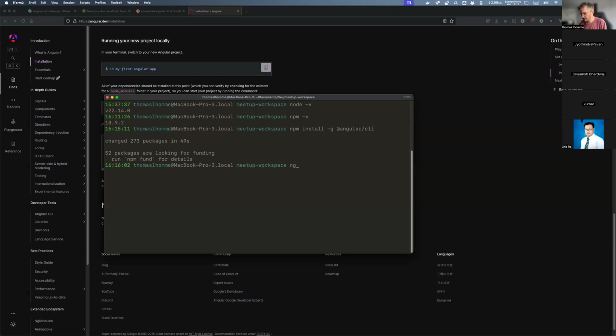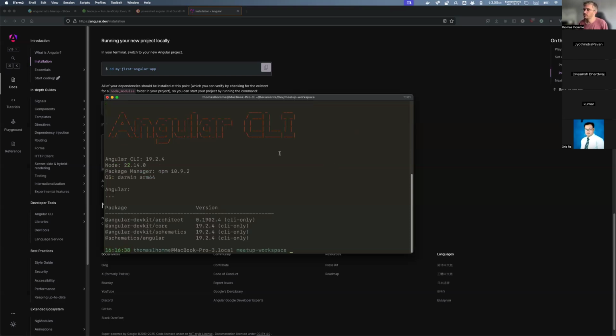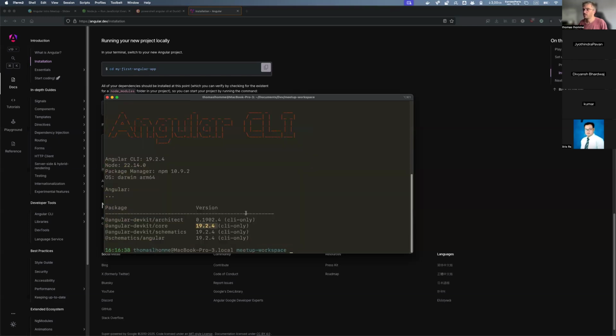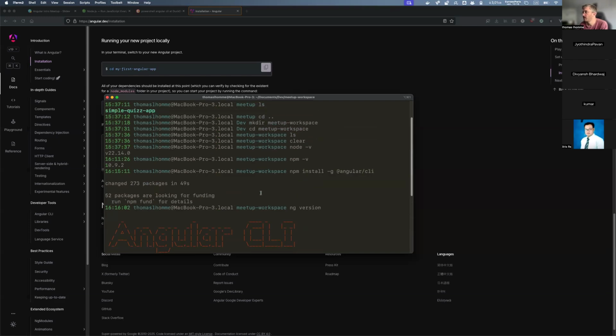So if I do ng version, after the first command has been executed and worked, you should have these things written on your screen telling you that we have version 19.2.4 of Angular installed, right? So we have done npm install -g @angular/cli. Okay, I just typed it in the chat as well.